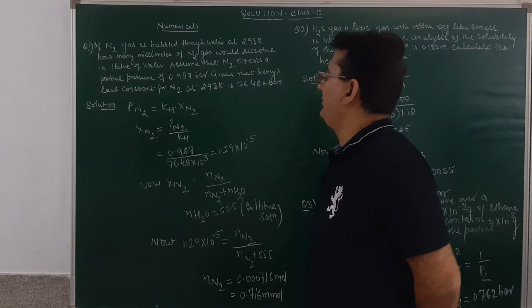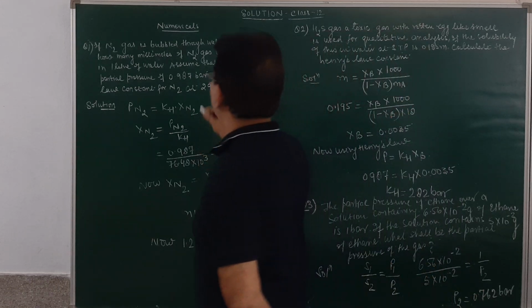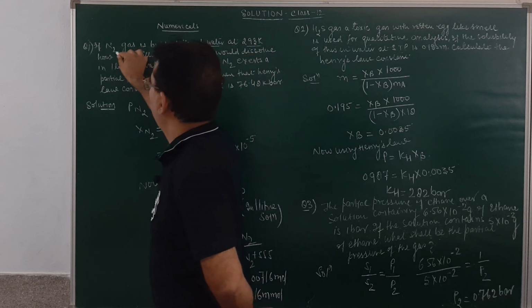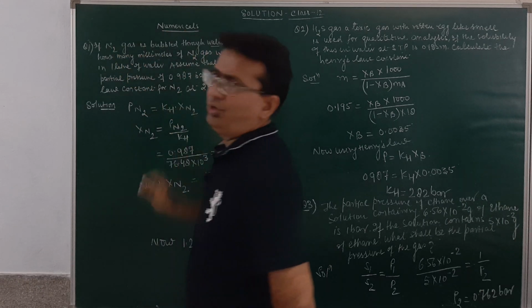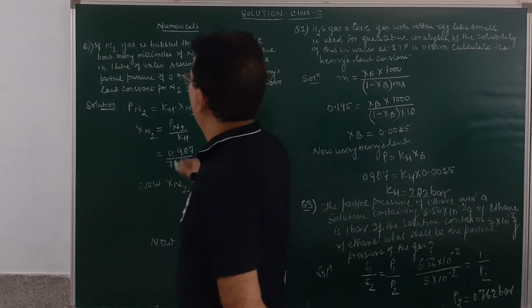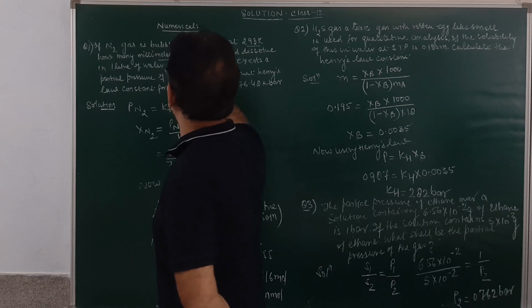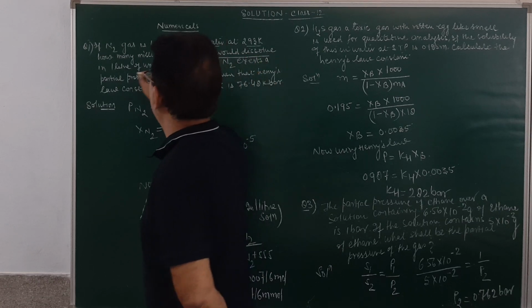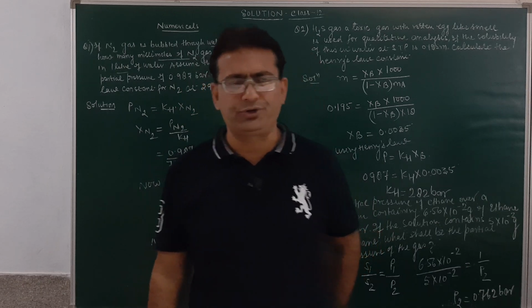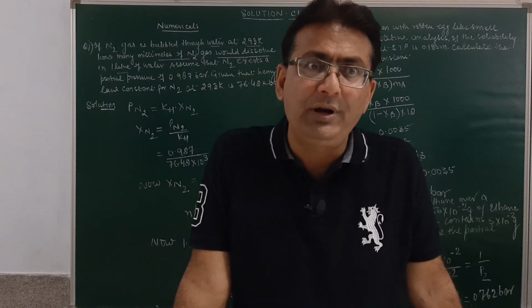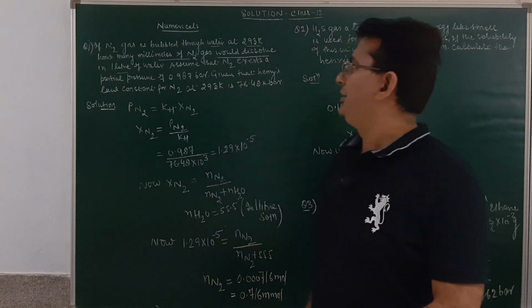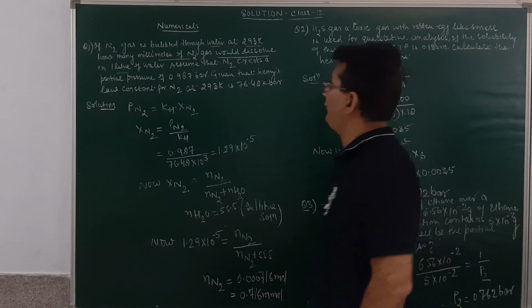The first numerical problem is: if nitrogen gas is bubbled through water at 293 Kelvin, just see, nitrogen gas is bubbled through water. So, it is the solubility of a gas in liquid. How many millimoles of nitrogen gas would dissolve in 1 liter of water? I have to find out the millimoles of nitrogen in 1 liter of water,